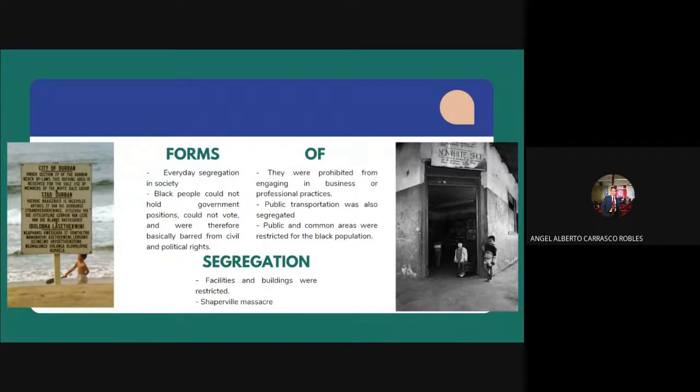So, in that sense, and on the other hand, we must consider the various forms of racial segregation that were established in practice, also in law. It can be observed that segregation was not only in fields such as government positions and companies; various political and economic rights were also restricted, such as the right to vote, to create a business, and to provide and obtain a job. Interracial marriage was also prohibited, which generated many disagreements.